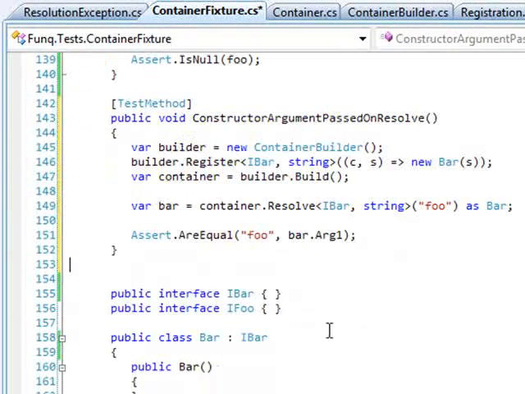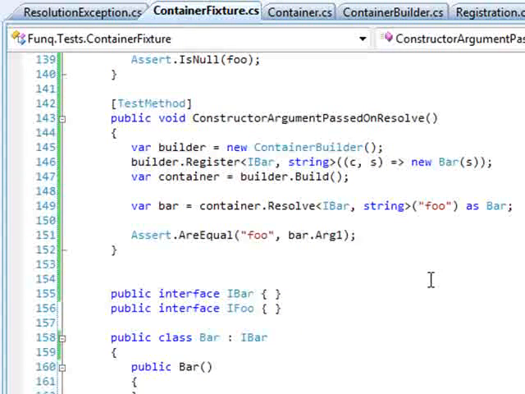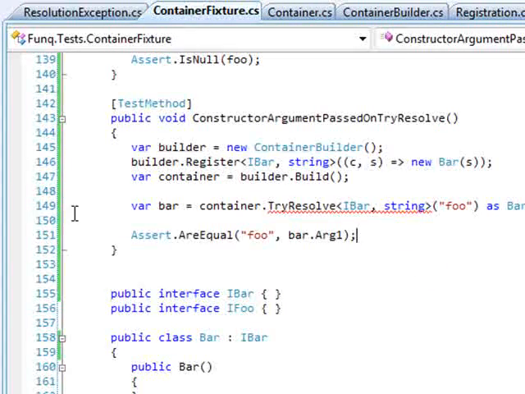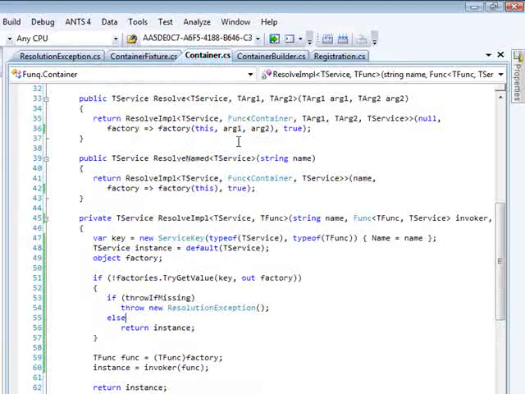There we go. Constructor argument passed on try resolve. And so we have register and try resolve here. So we also need to add the overloads for that. Let's go back to the container,